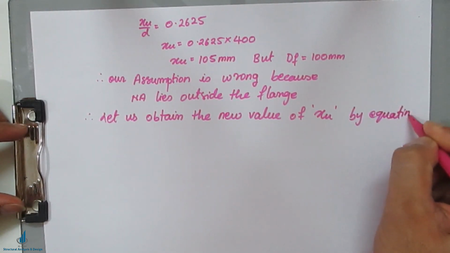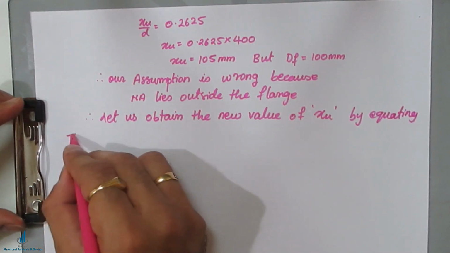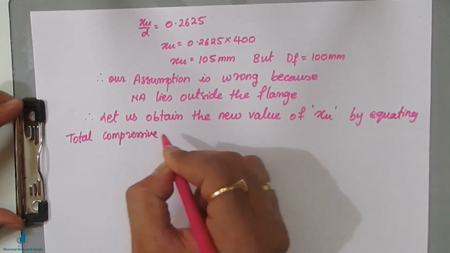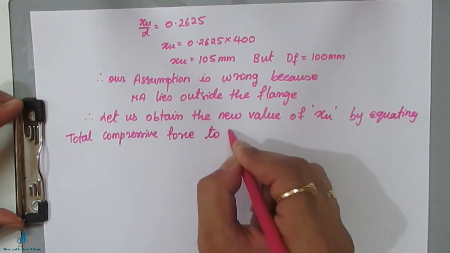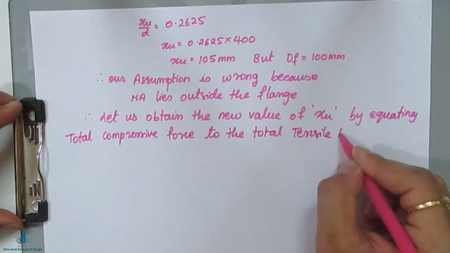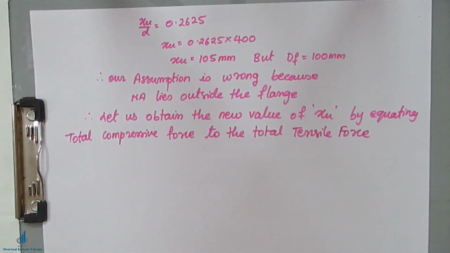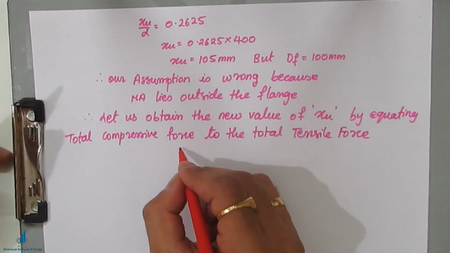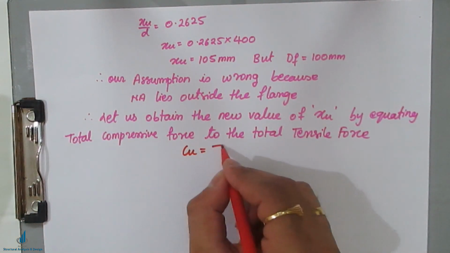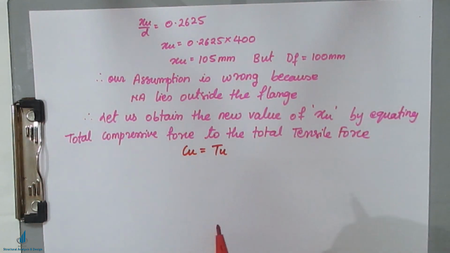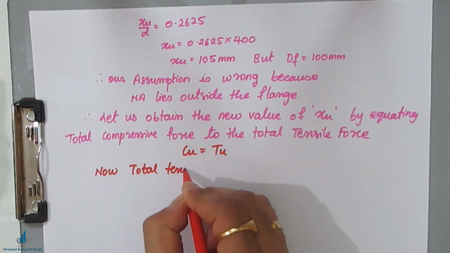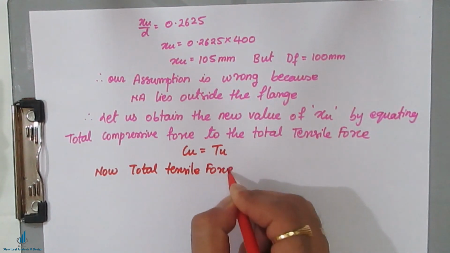equating total compressive force to the total tensile force. Okay, so what you have to do, total compressive force, that is Cu, should be equated to total tensile force, that is Tu. Cu should be equal to Tu. Now total tensile force is given as